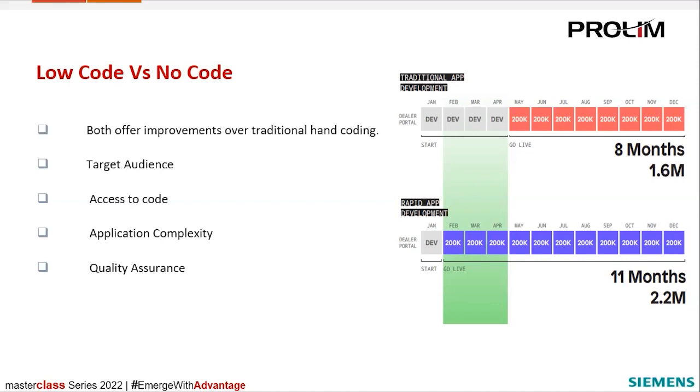And the next is again access to code. The main difference is that we need no access to code in no code development, and we need limited access with low code. That is the main difference between those two. And again, as I told earlier, application complexity. As you can see, in no code or low code, both in comparison with traditional development offer us less or no code